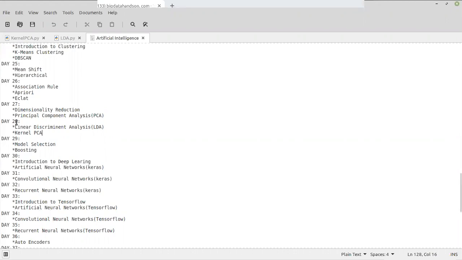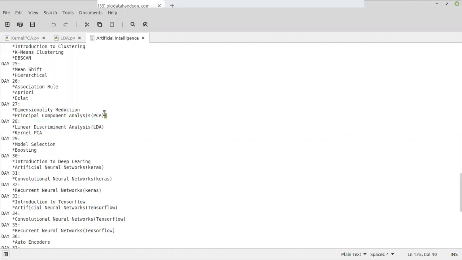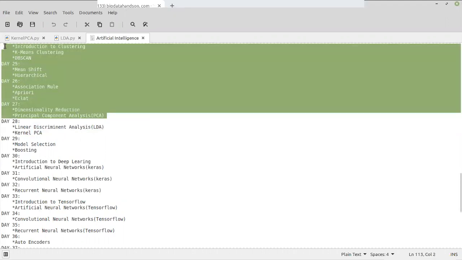Today is day 28. We are going to see two other dimensionality reduction algorithms: linear discriminant analysis (LDA) and kernel PCA, an advanced version of principal component analysis. So we'll see these two algorithms today, and we have seen other algorithms like principal component analysis